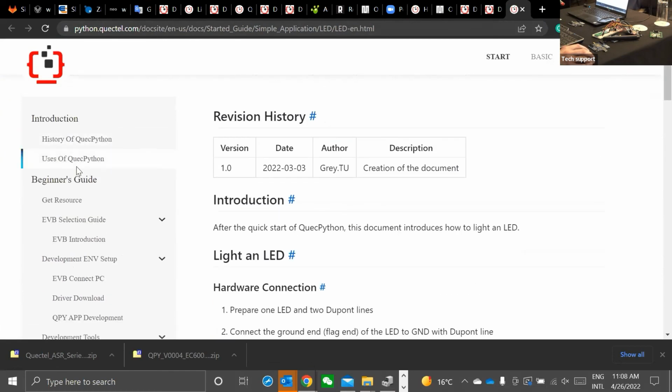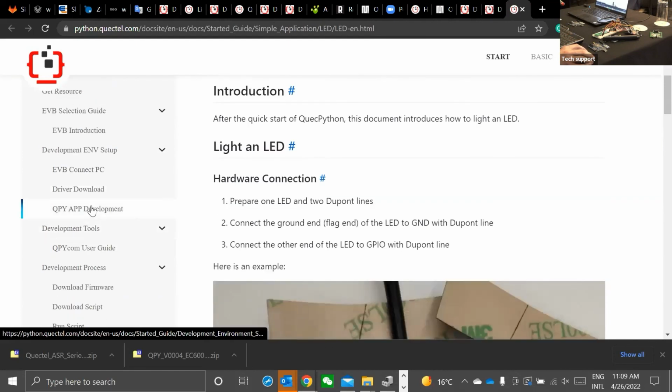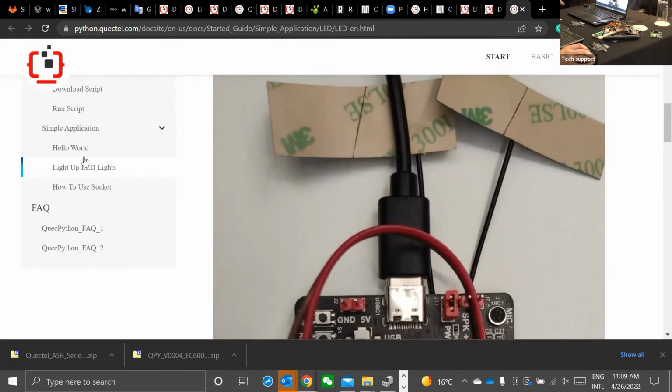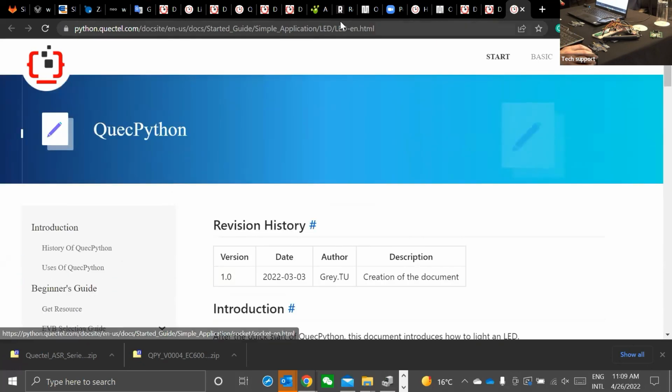If you go through all the topics under Start, for example, you should see what QuecPython is, which we already mentioned, how to download drivers, how to download QPYcom and connect with the module, etc. At the very end, we have some examples, which are Hello World examples and LED lights, etc.